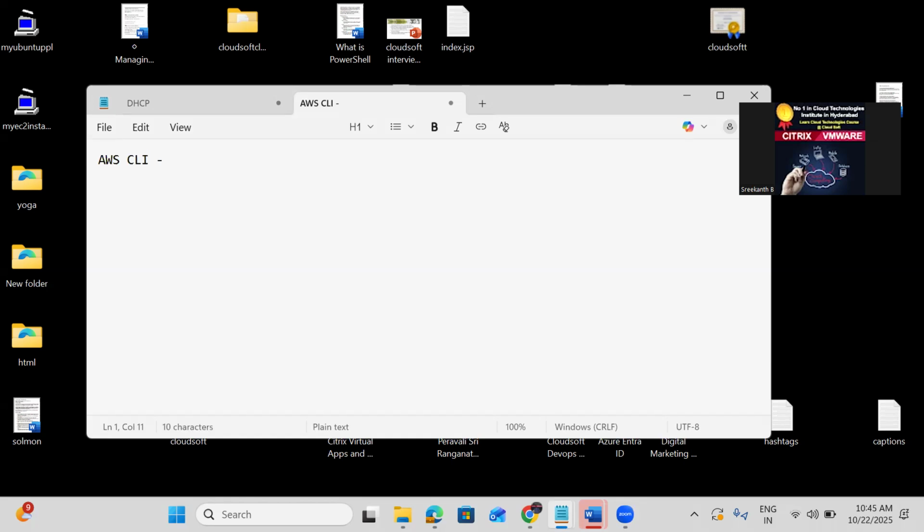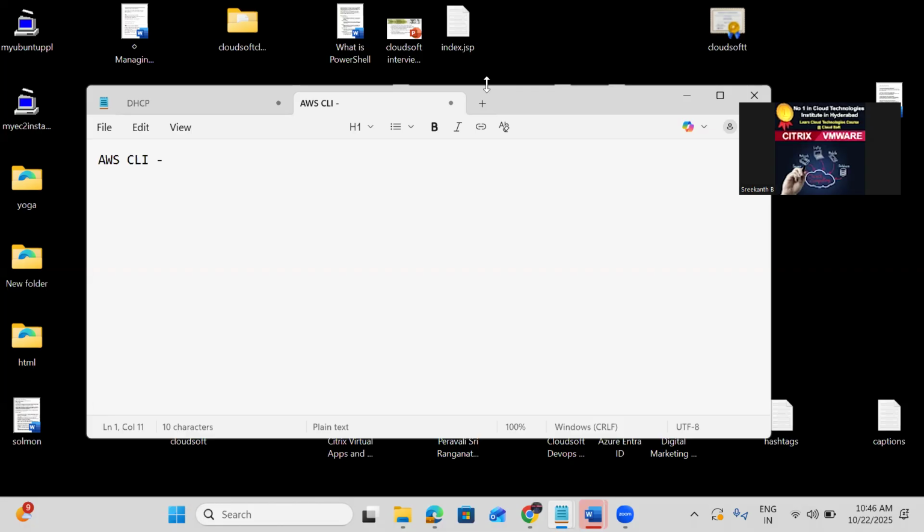Through the command line, AWS has provided the AWS CLI command line tool, and through the AWS CLI we are going to provision our resources. Here we need to provision the resources for automation. The beginner step is through the CLI. Later we'll go for CloudFormation, Terraform, these kinds of scripts, and finally programmatically also. So the AWS CLI is a unified tool where we can provision all AWS resources from the